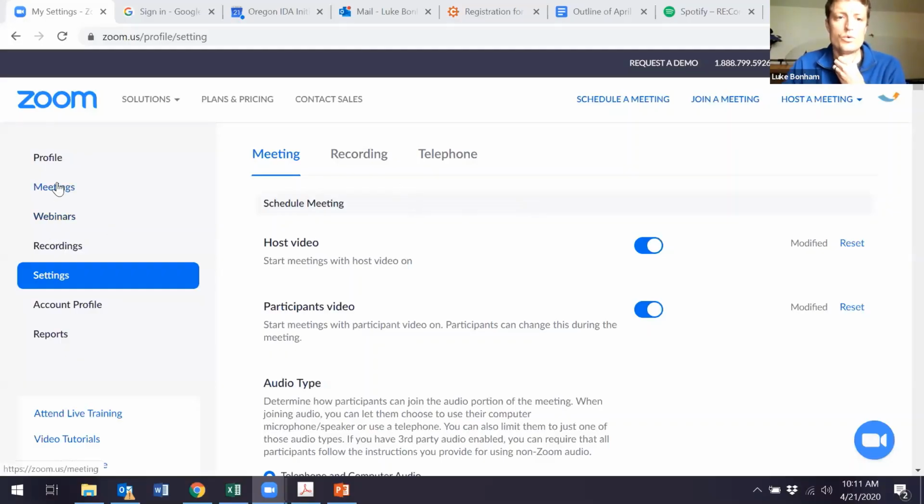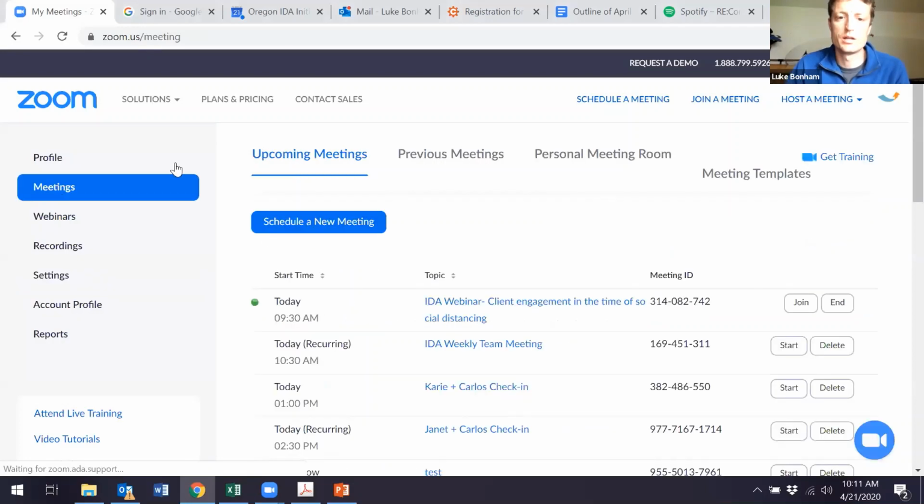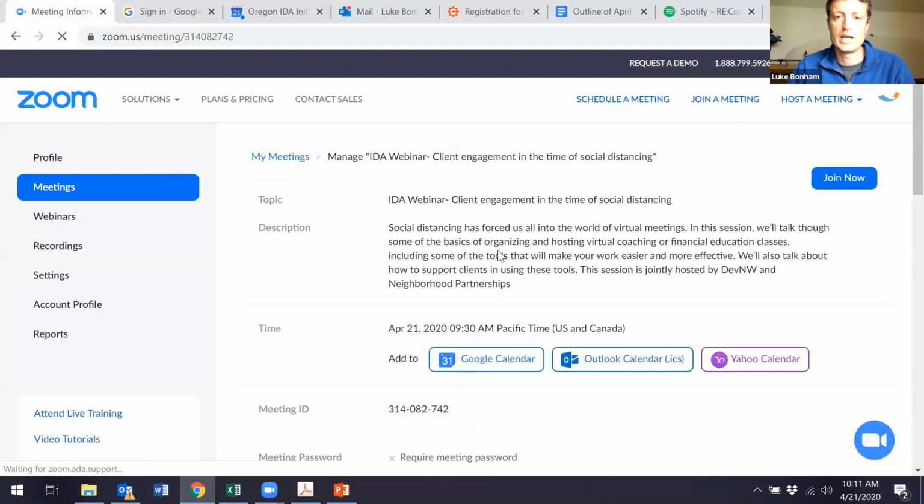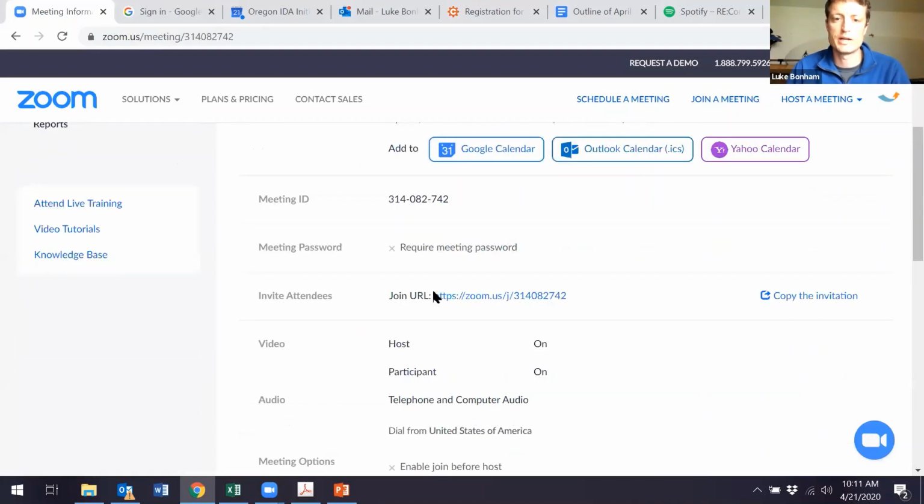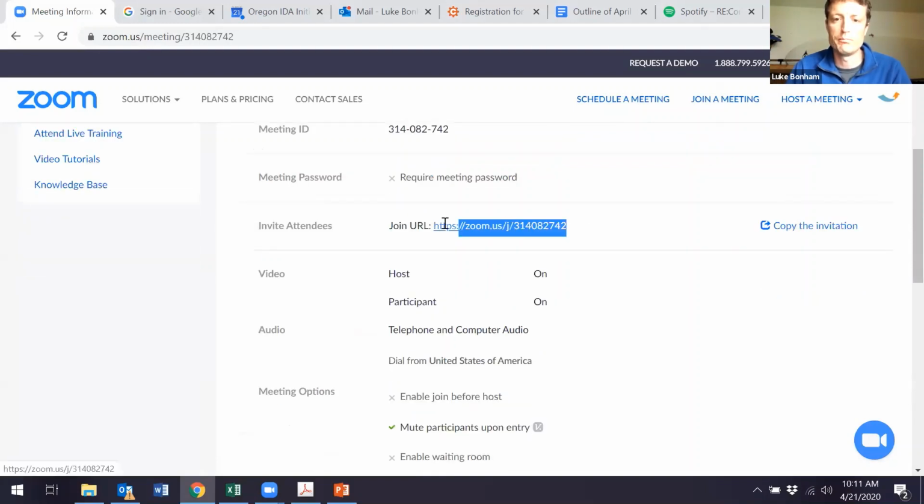So when I set up a meeting, so I'll go to today's meeting, I can click on it, and because I created it, it has automatically generated my meeting URL here. So once you create a meeting, that's the link that you use to tell people this is how you get onto this meeting. And again, the more times you can support somebody in finding that link, if you have a